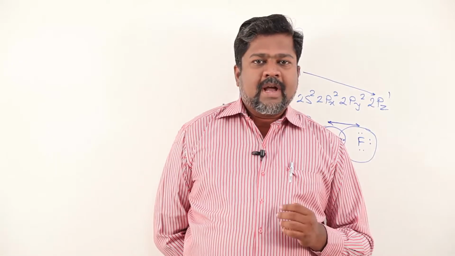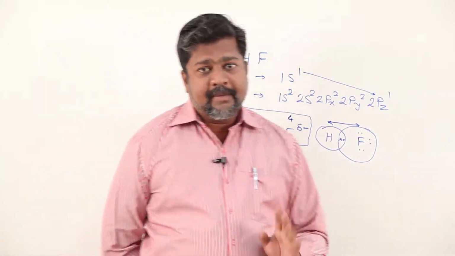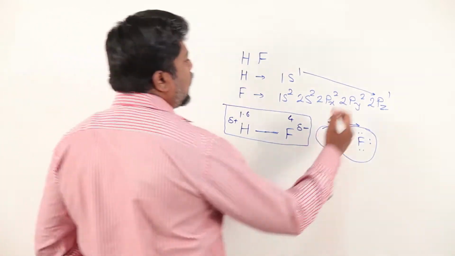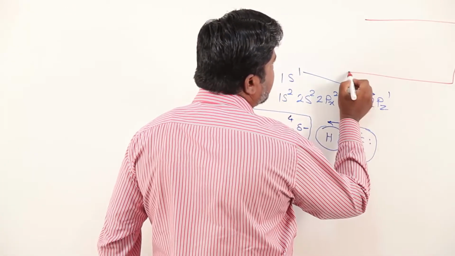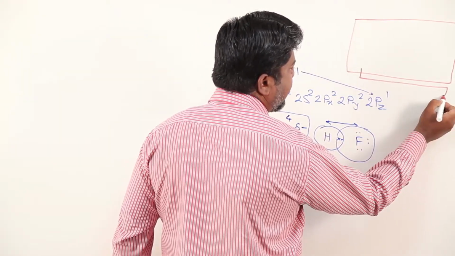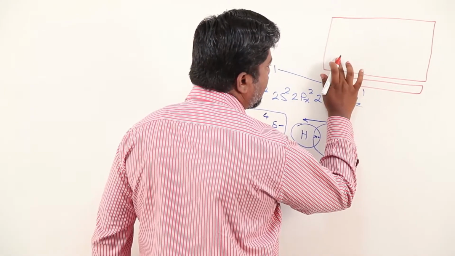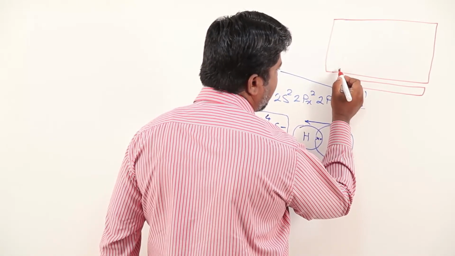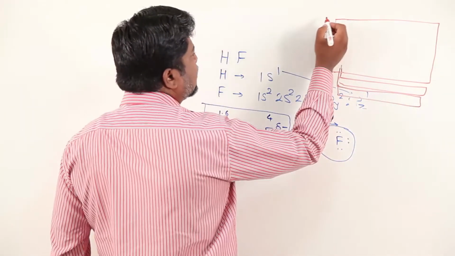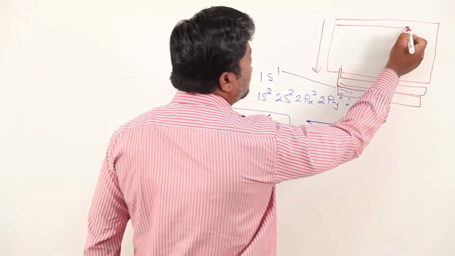Now here you can check out that there must be a periodic table in front of you. I am not drawing the periodic table here now. I am just drawing a smaller box, rather, in order to get certain ideas. I will keep this box over here. You can check out. This way. So this is as we move down the group, and this is as we move across the period.